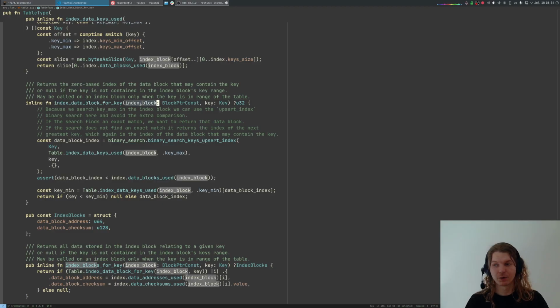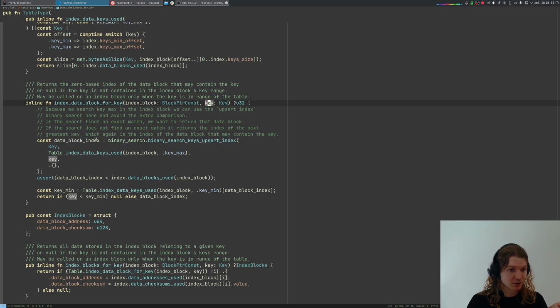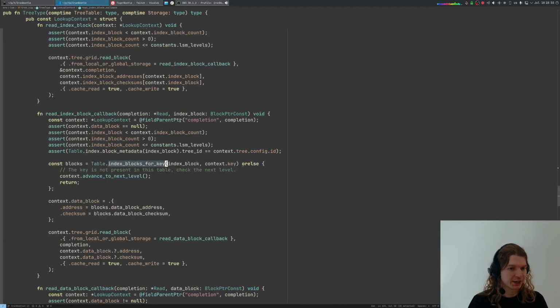So we have our index block. As a reminder, the index block stores pointers to data blocks. For each data block in this table, it stores this data block's checksum, this data block's address, and the minimum key in this data block. So to locate the data block, we binary search for a given key. We get the index in our